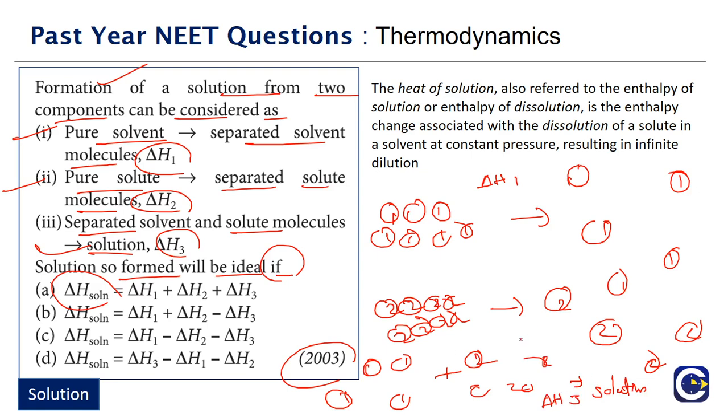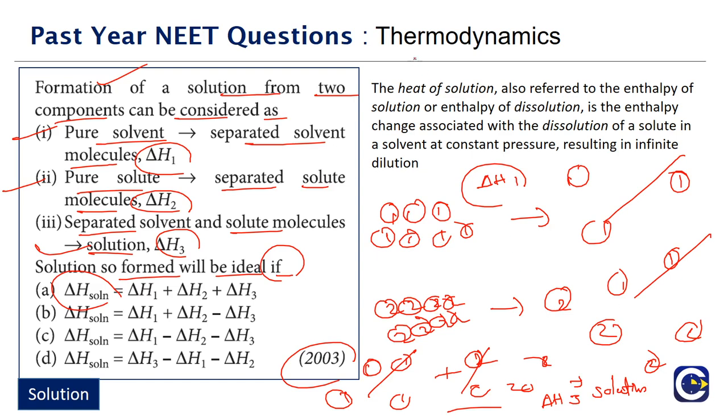If you look at the ideal case, what will be the ideal case? The Hess law has to be satisfied thoroughly. If you add these steps, these are the individual steps. If you think about it just like a chemical reaction, we can see that the separated 1 particles, solvent particles, will get cancelled, separated 2 particles will get cancelled. Overall what we have on the original side is the solvent particles plus solute particles, that is finally giving rise to the solution.